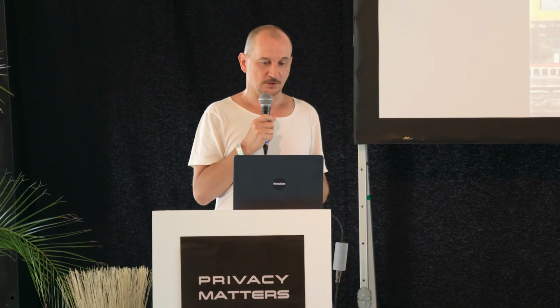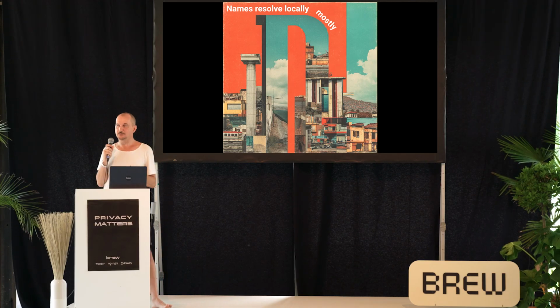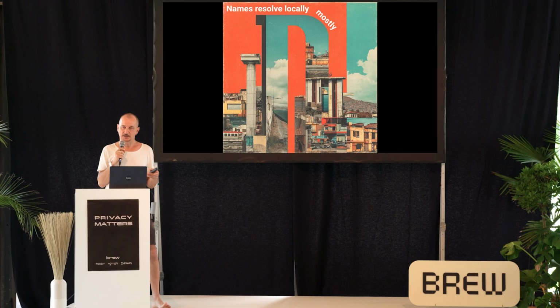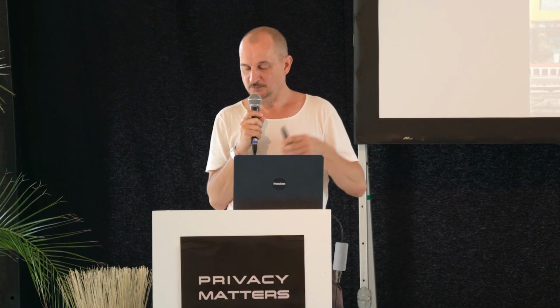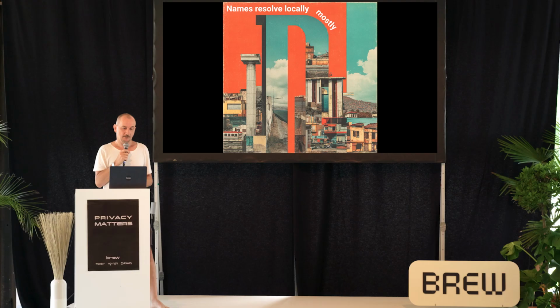So names are resolved locally, the ENS names, and mostly. So that's actually the one choke point that we have where we are still dependent on more or less centralized infrastructure, because to query a huge smart contract that's living on the Ethereum blockchain, you actually need a full snapshot of the Ethereum blockchain locally, which is I don't know how many gigabytes now, maybe even in the terabytes area. It's not really feasible, especially for mobile, or it's actually impossible on mobile. You can't do that. So we need to find creative solutions.